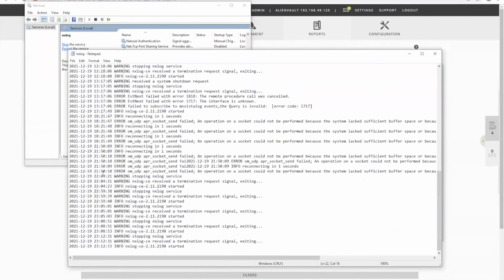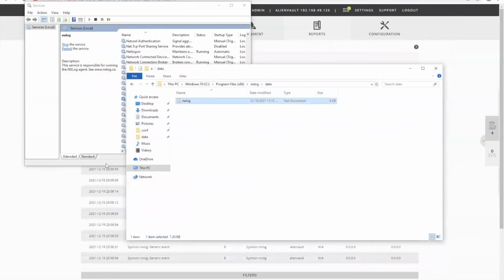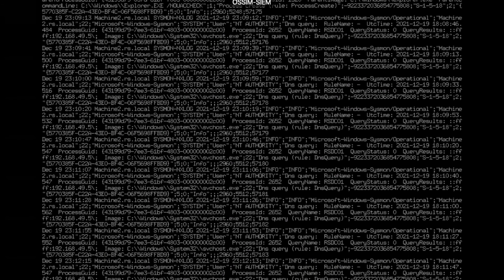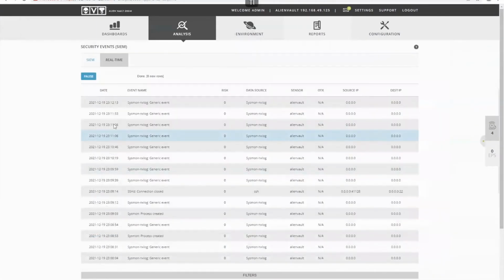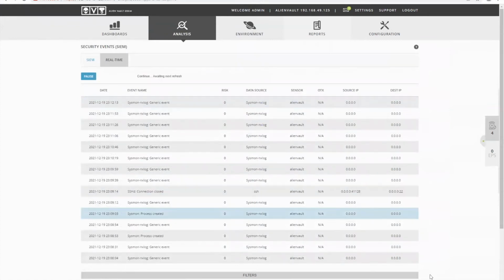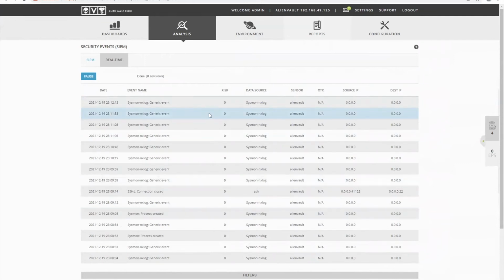Okay, go back to the logs, everything good. 2312, NXLog has started. Now let's go to our console and see. At 2312 the last event we received for DNS query was at 2312. Similarly, in this one, 2312, and now it's 1113, we did not receive any